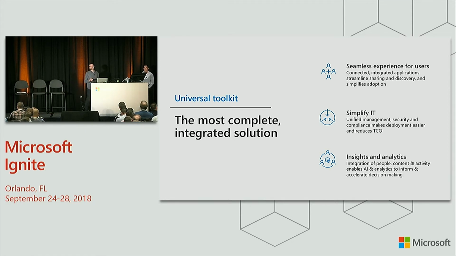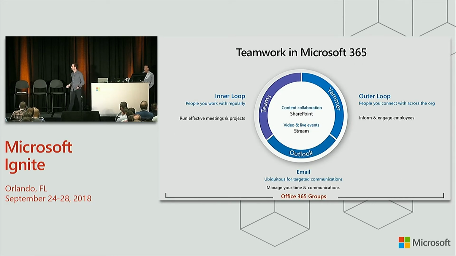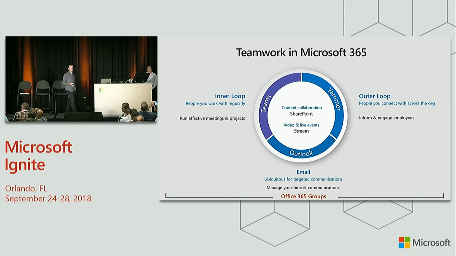So that leads us into, okay, I get the high level, but how does it fit into our landscape of applications for teamwork? And I don't know if you've seen that already yesterday. Feel free to take pictures, download the slides. But the high level is there are different use cases on how you get work done. On the left-hand side, there's this notion of people you work with regularly. And for that, our hero application is Microsoft Teams. That's what we call the inner loop.